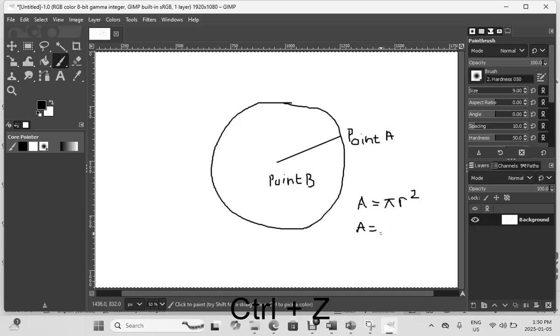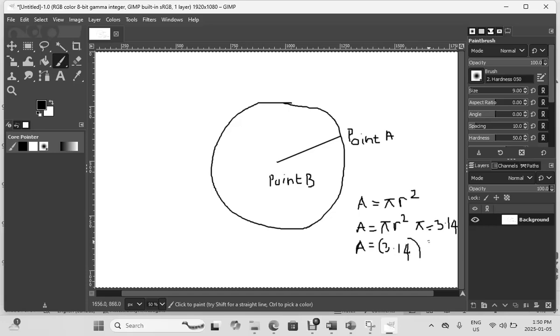This is pi, and pi is basically 3.14. So pi r squared, where pi equals 3.14. Area equals 3.14